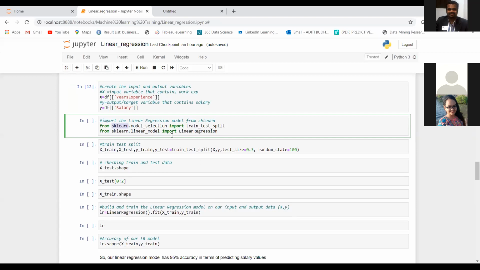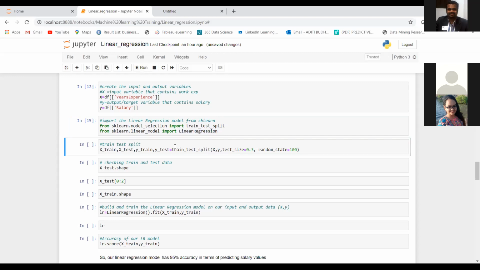So we are going to use this sklearn library, and from that library we are going to import two functions. The first one is train test split, and the second one is linear regression. We are going to import these two from the sklearn library, correct? So let me run this.